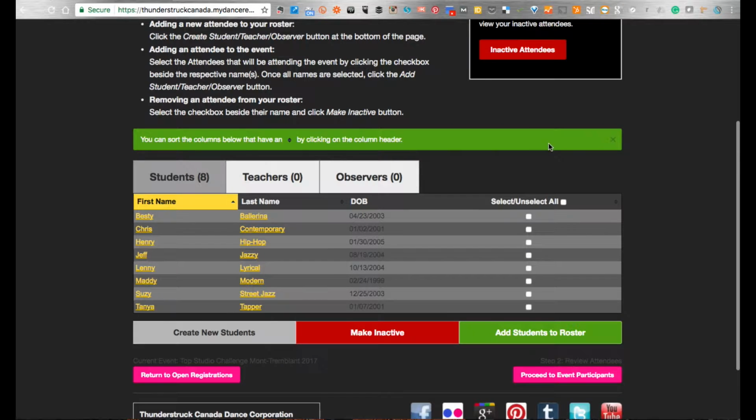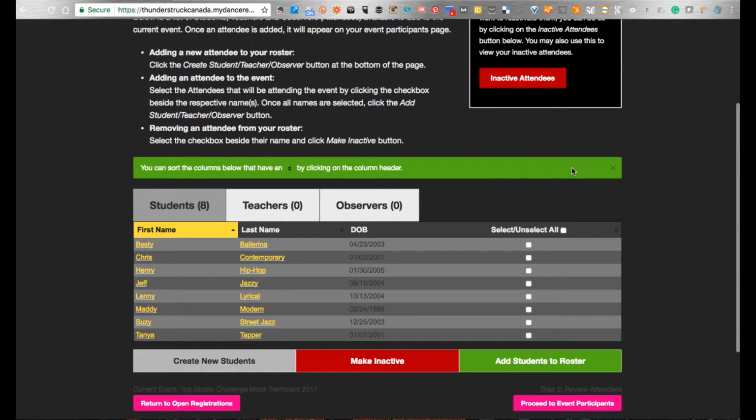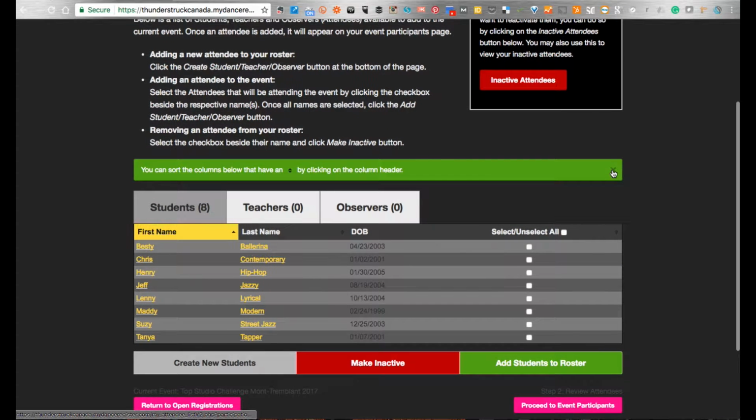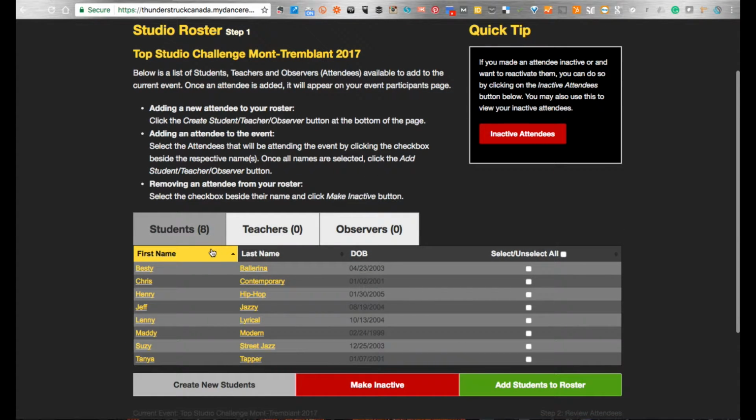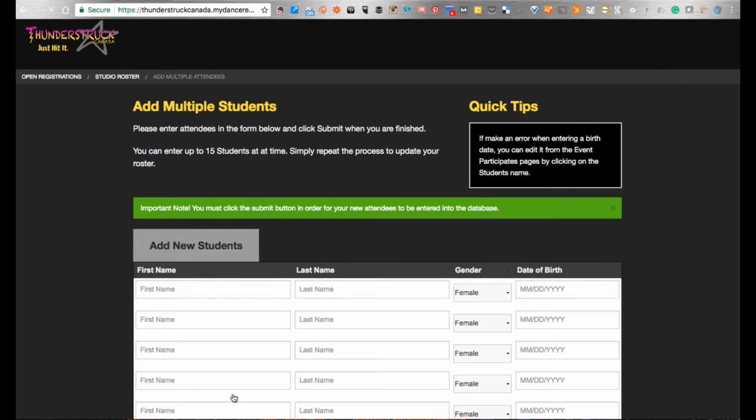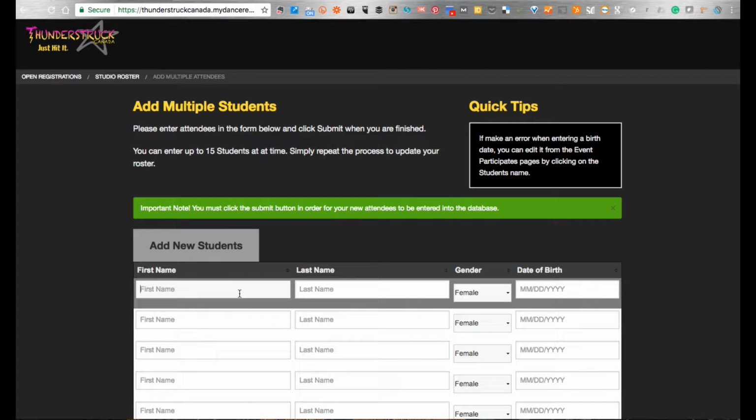portal, various little notifications, maybe green, which is an informative one, or red, which is more of a warning. You can always click and close those. But basically all that was telling you is that by clicking on the column name, you can sort your dancers here. Because we have dancers in our database, you're seeing this here. If you're new to the system, you'll have an empty list here, and for a moment we'll just presume that's the case, and you can simply go over here and create some